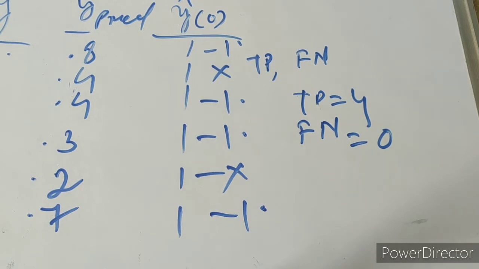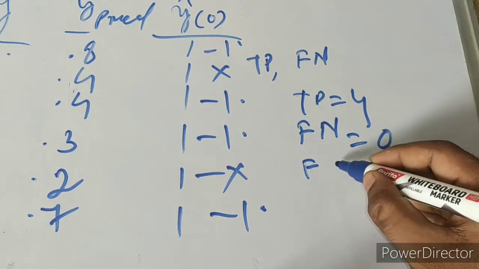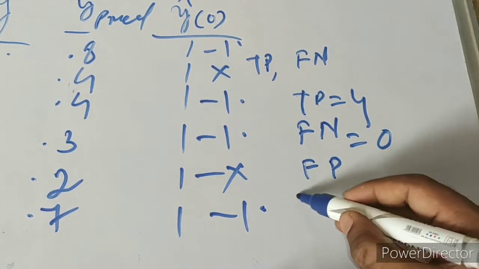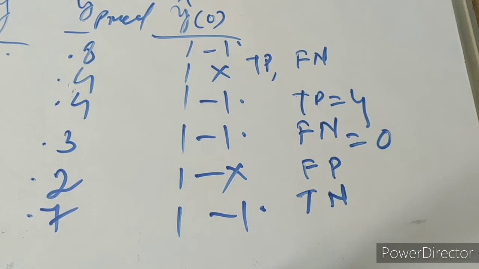If true positive and false negative are found, then there are two more options we need to find out, that is false positive and true negative. So how do we find out? Let's find out false positive and true negative. That also we need to find out, because first we need to identify all the components of the confusion matrix, then only we can put the formula in true positive rate and false positive rate.